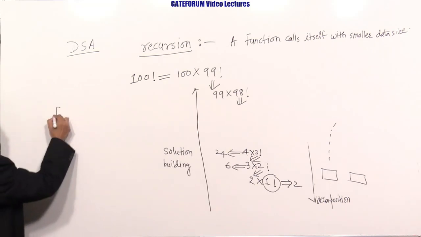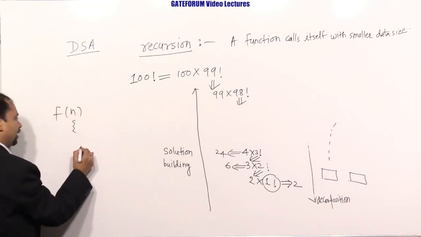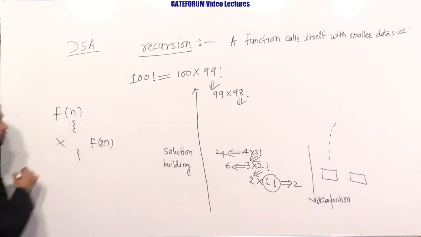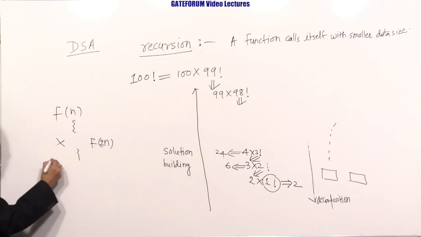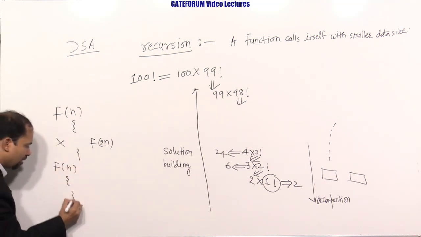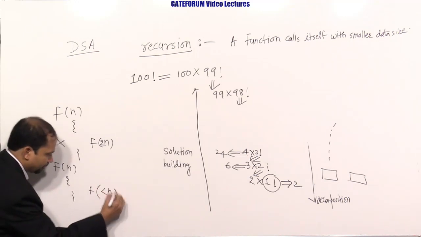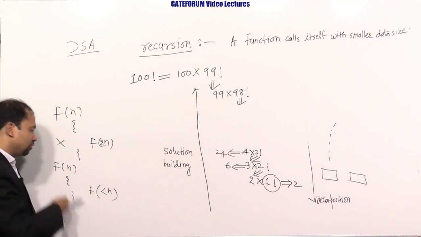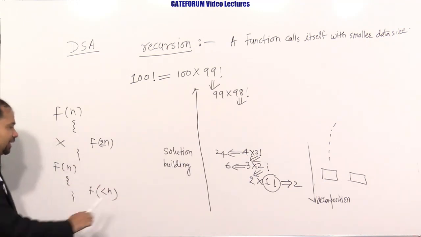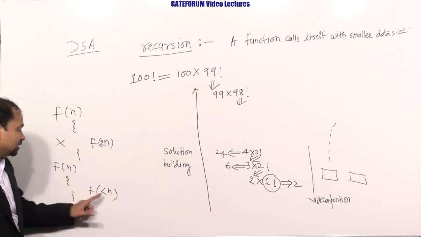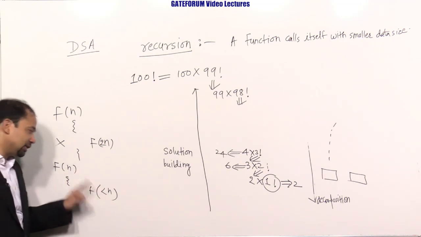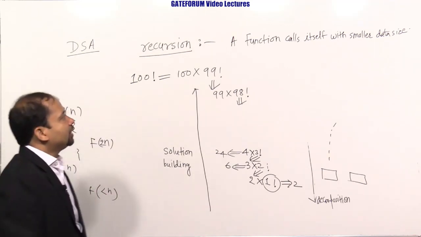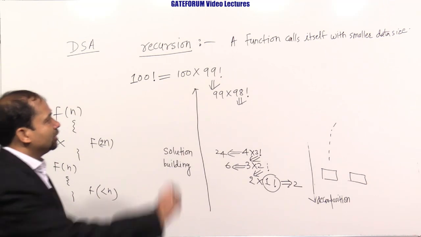You will never find f(n) calling f(n). This will never happen. Whenever we call n, f(n) will always call something less than n. This is recursion. You will never face a situation where a function calls a larger problem of similar size. A function always calls a similar function with a strictly smaller size. A function calls itself with a smaller data size.